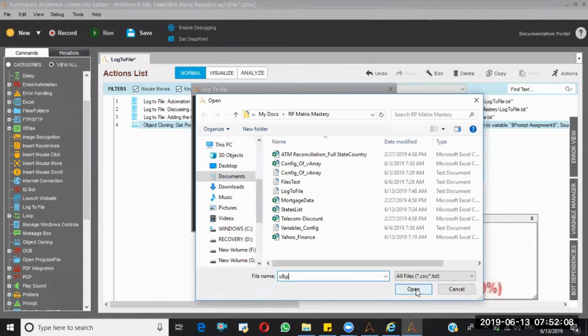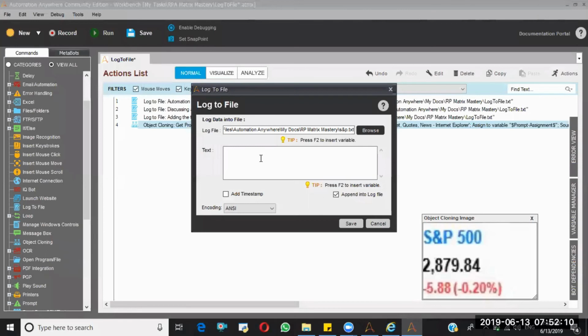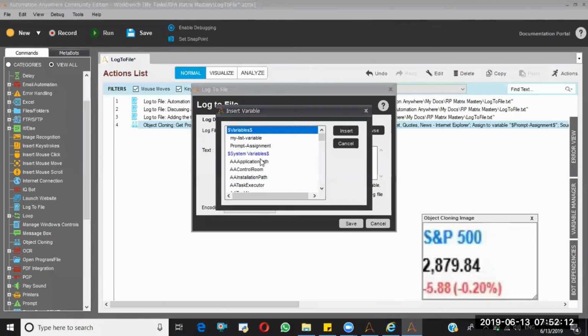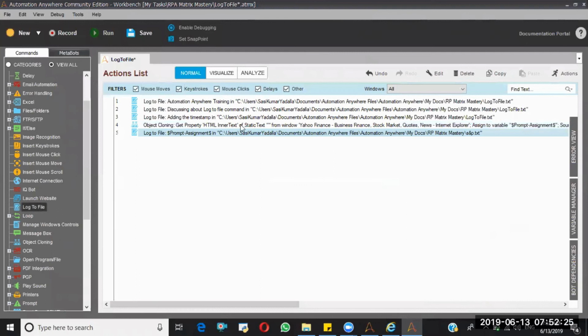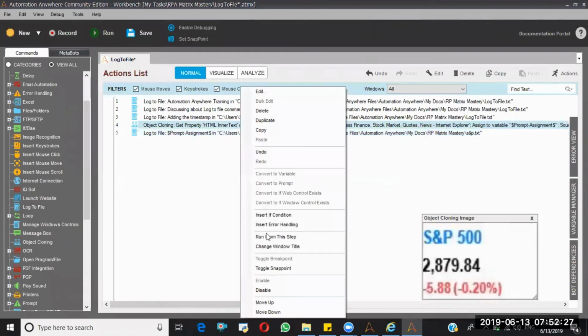Simply I'll give F2, select the prompt assignment, and add the timestamp. Every time I want only the latest value, I don't want the history, so that's the reason I'm removing this append option. So I'm saving this and running from this step.